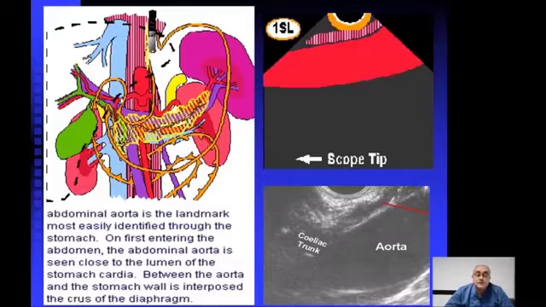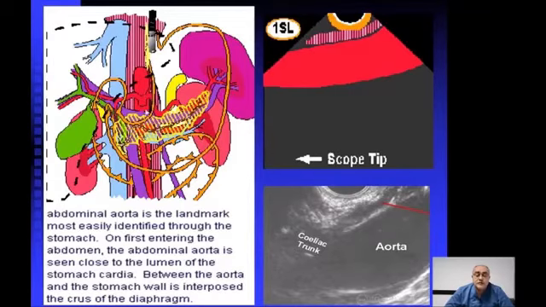And we can also see the two main branches of the common hepatic artery, which is the hepatic artery proper going to the porta hepatis with the portal vein and the proximal CBD, and the gastroduodenal artery going to the head of the pancreas. And we can see also the superior mesenteric artery, and the part of the pancreas between the superior mesenteric artery and the aorta, which is the uncinate process. And we can see part of the pancreas at the level of the celiac axis and splenic artery and splenic vein. So we can see here the body of the pancreas, and we can see the uncinate process at the